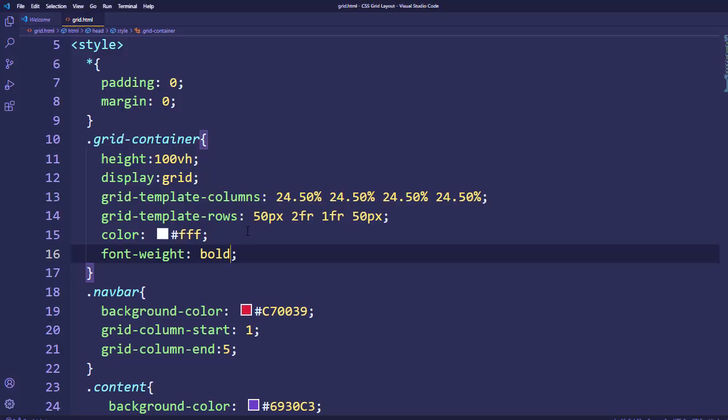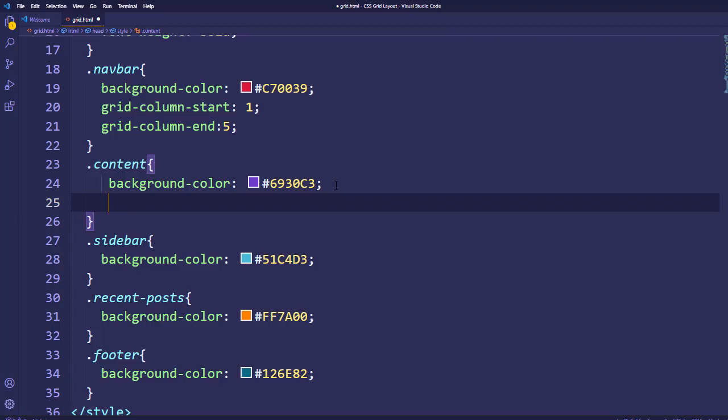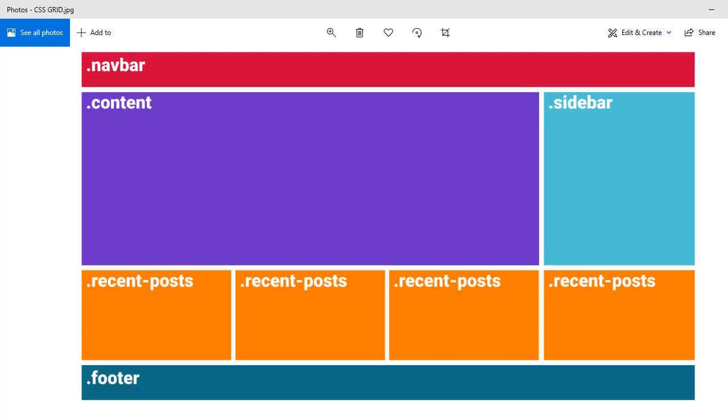Okay, now after making this, here I will come down. I will copy these same 2 properties. Now let me show you another way of doing the same thing. Here what we want is that our content area should start from the first column and it should end before the last column. So it means it should end on the 4th vertical line.